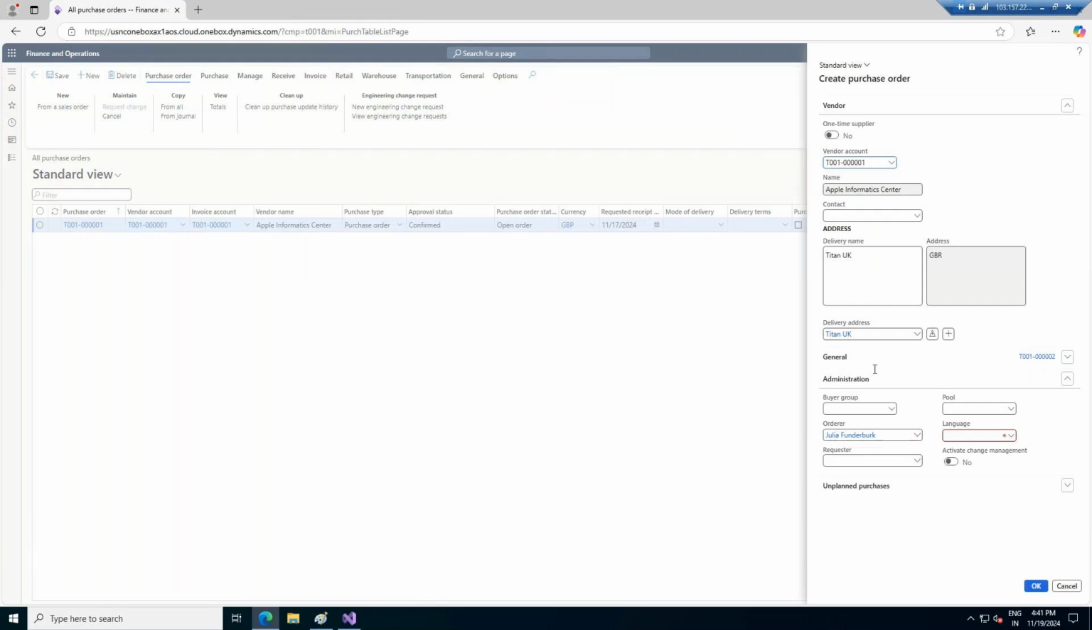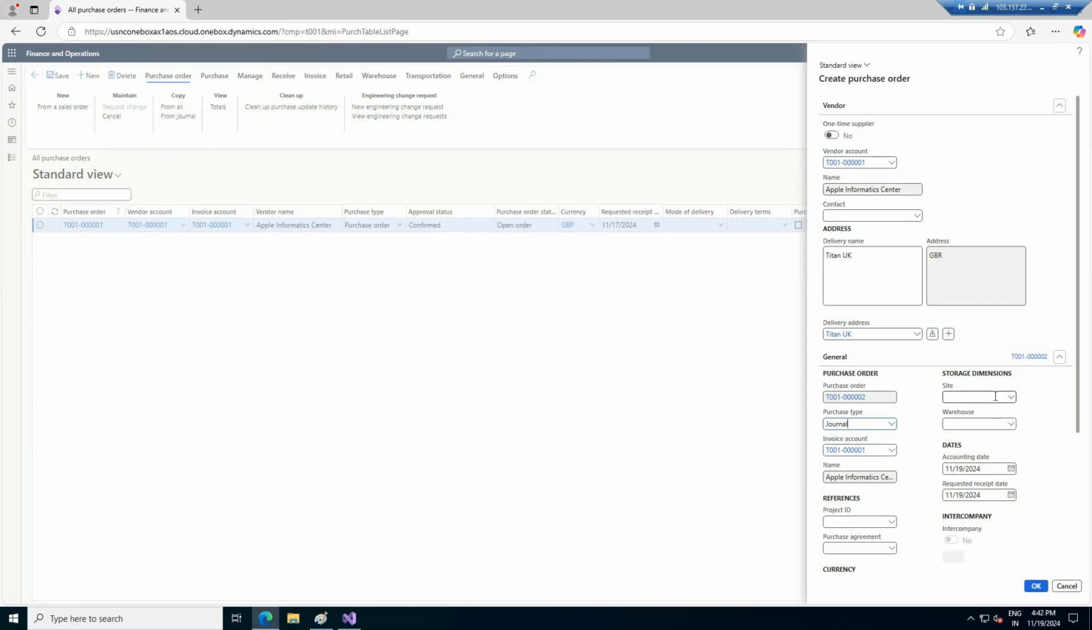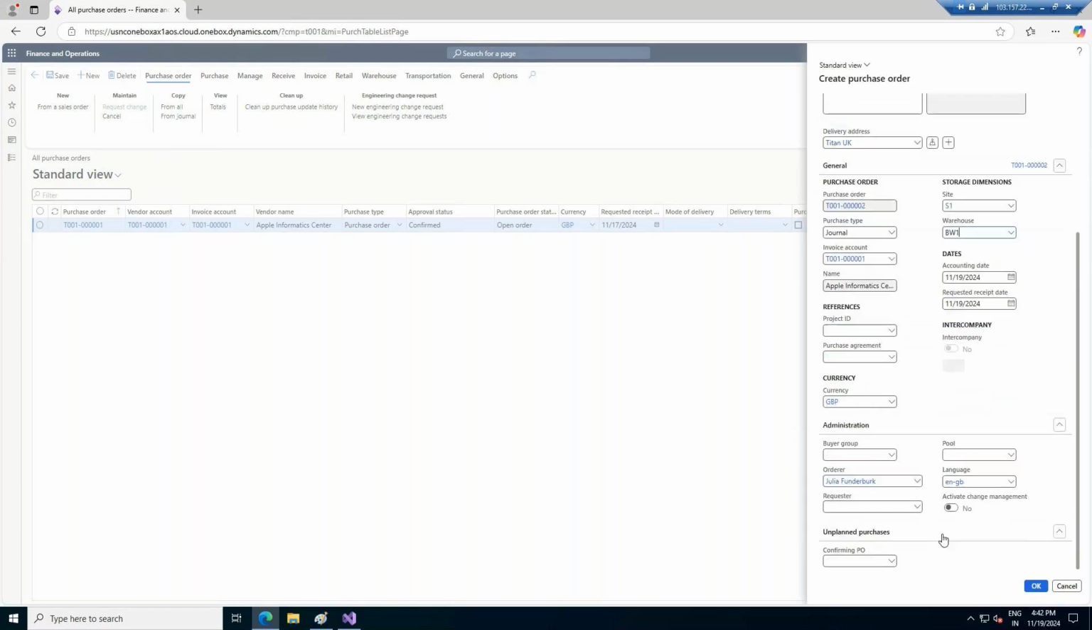On the vendor we will add the language. Then we will check the site and warehouse. The site will be common, and I told you the warehouse will change. This one is for the basic warehouse, so let's go for the basic warehouse. If I click OK,